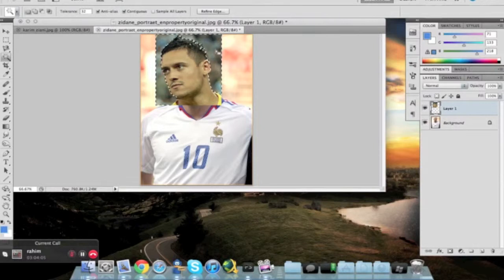Alright, so let's try and delete that. Yeah, so you see it doesn't look that nice. It's all choppy and the edges are, half of his face is gone. So let's try and